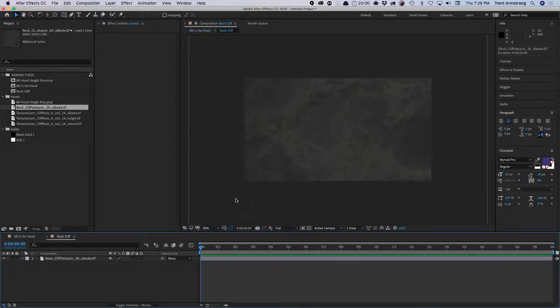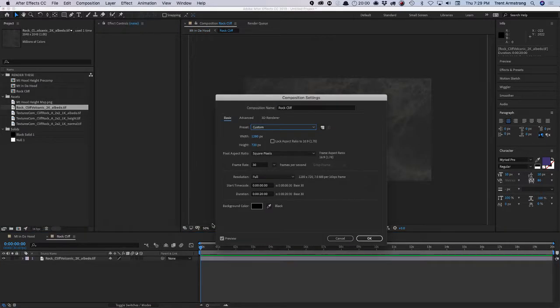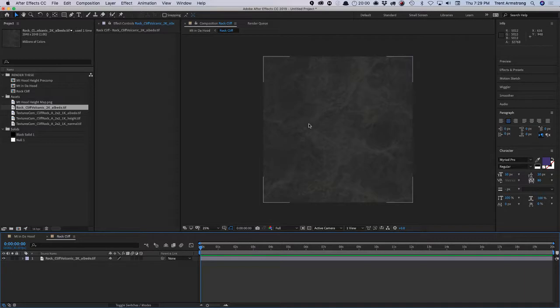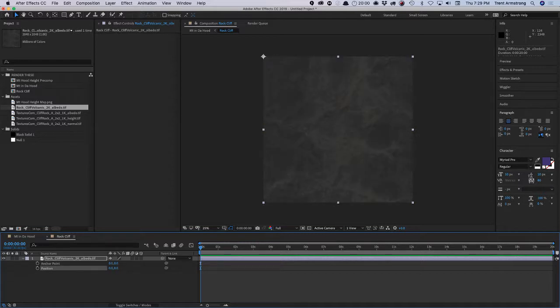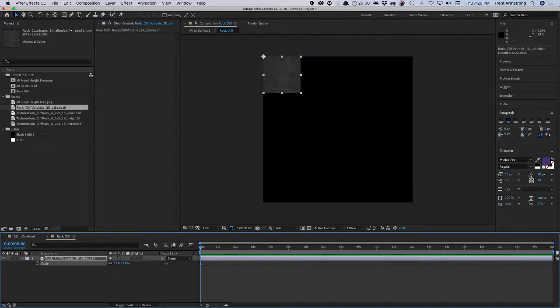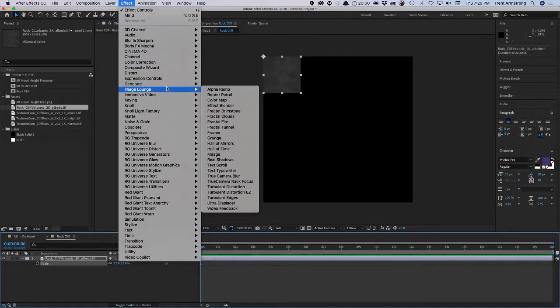And I'll make it 2048 by 2048. But instead of having it be that big, I'm going to set my anchor point and my position all at 0 to get it up in the corner like that. I'll scale it down to say 25%, and then I'll do a